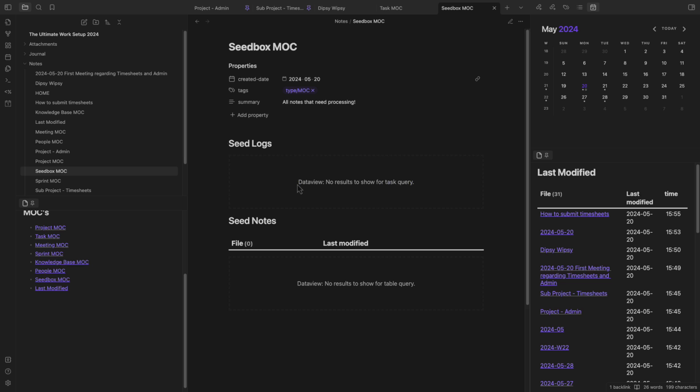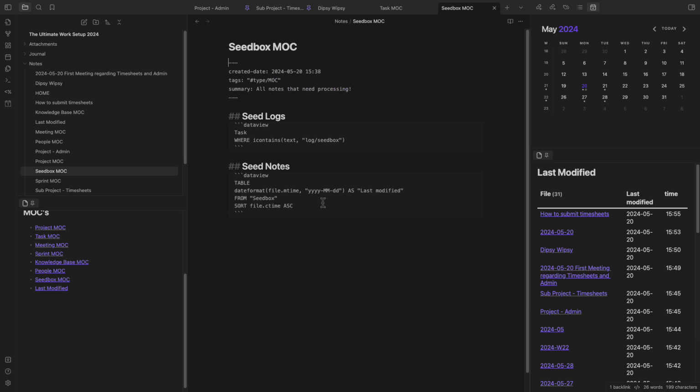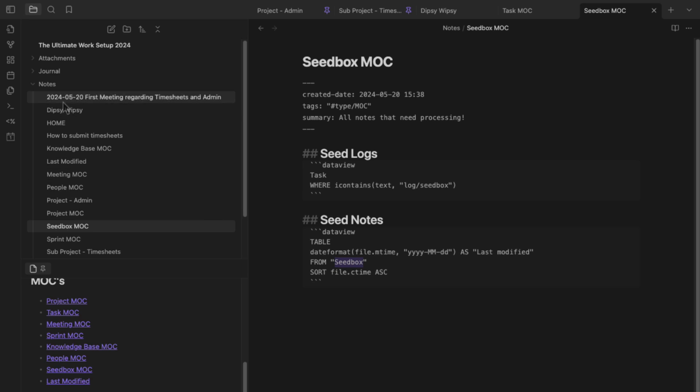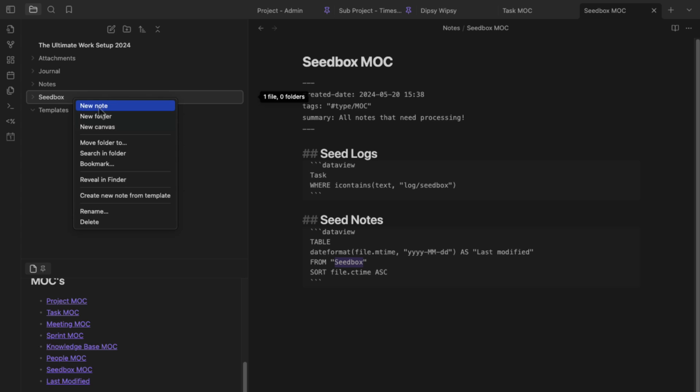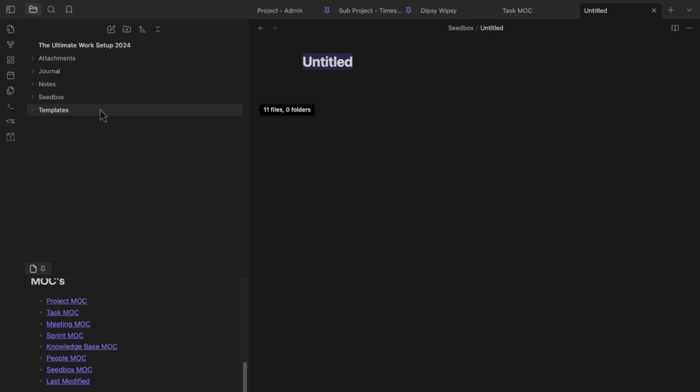Seedbox, this is all the notes that have last modified seedbox either in this note. So if there's a note that you want to come back to and make sure that you don't forget to do something or add a tag or add the sub and main projects to, then you'll just come add it here. Let's say we created a note